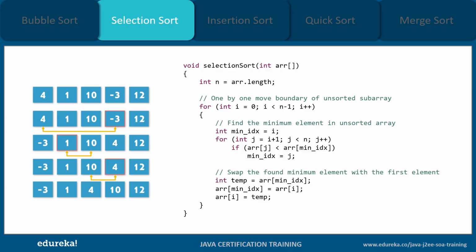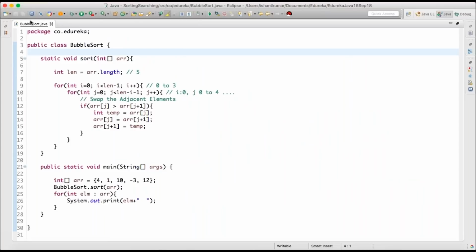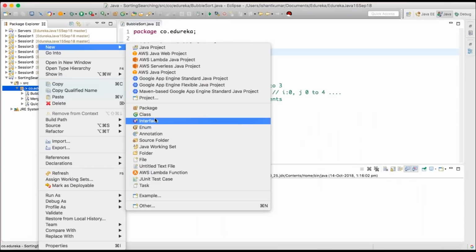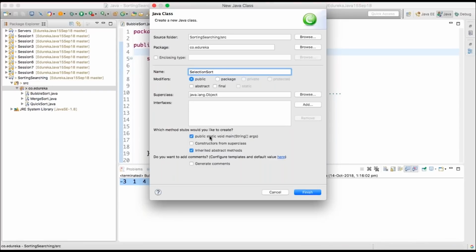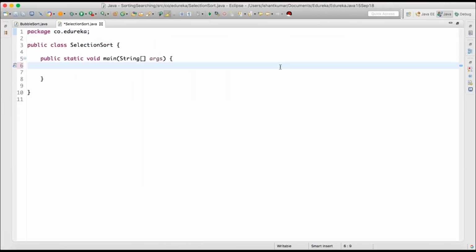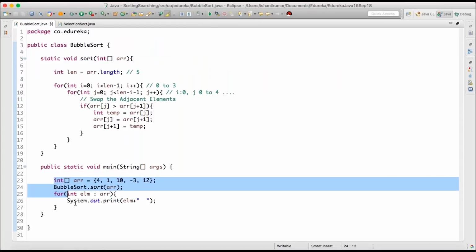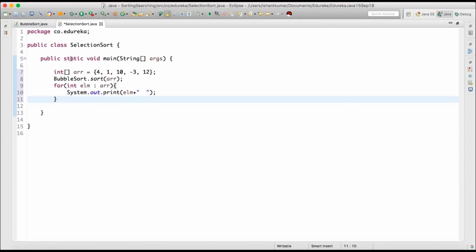So the way we got bubble sort, I'm going to create a new class here. Let us say this goes like SelectionSort with the main method. So we'll take the same use case. Instead of having bubble sort, we'll have selection sort. So I'll create a similar sort